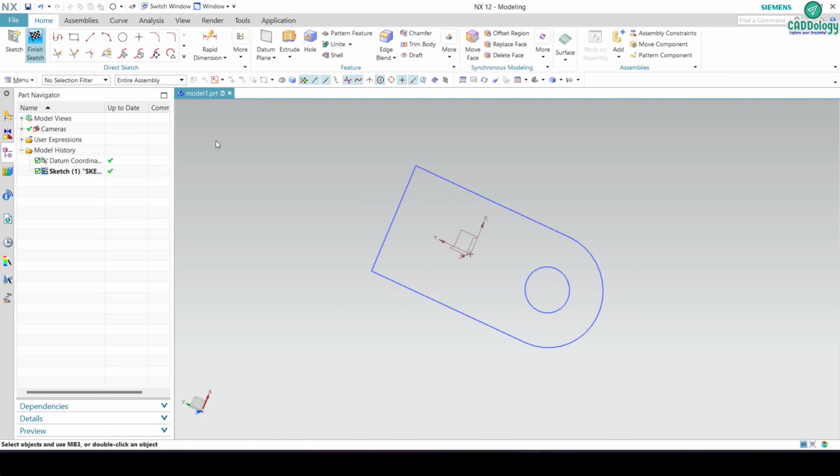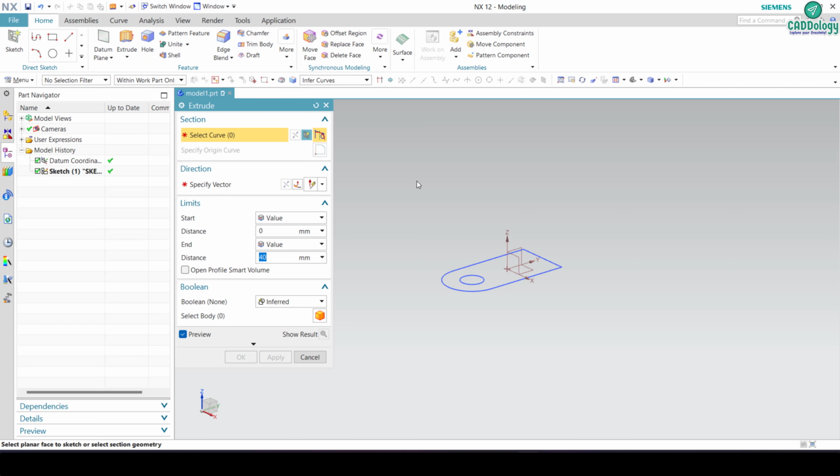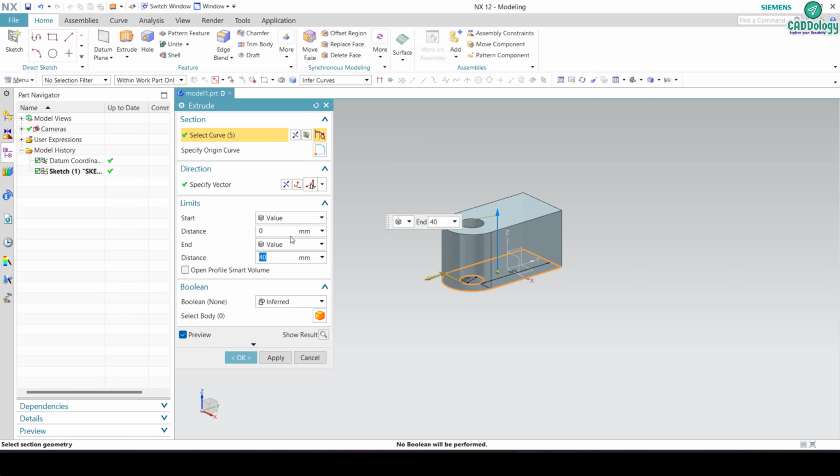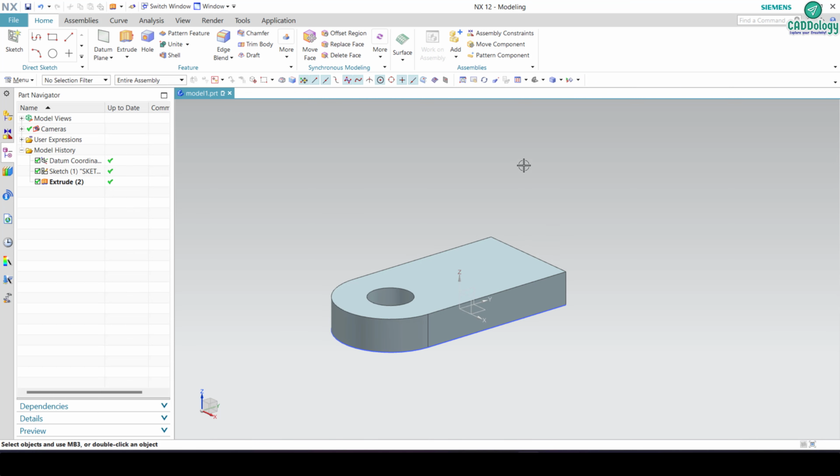And finish sketch. Select extrude and select a sketch, and the value is 12 mm. OK. Our middle portion is completed, and now we select a side face